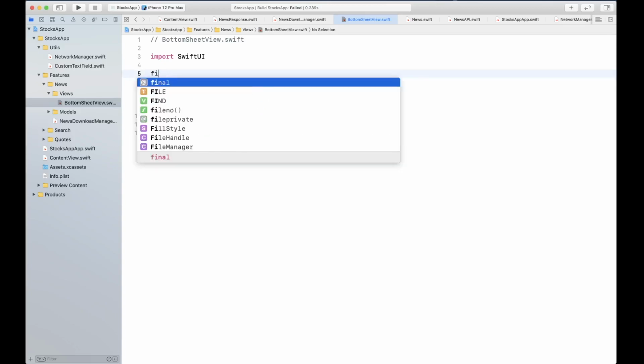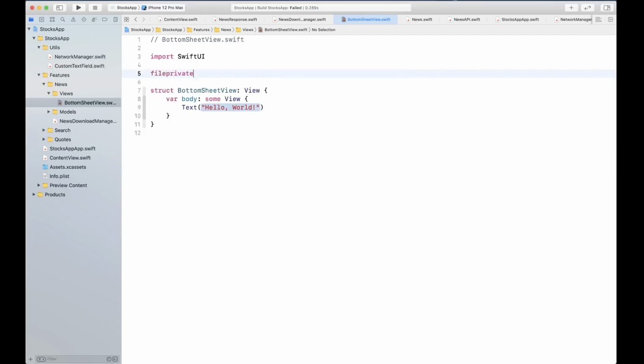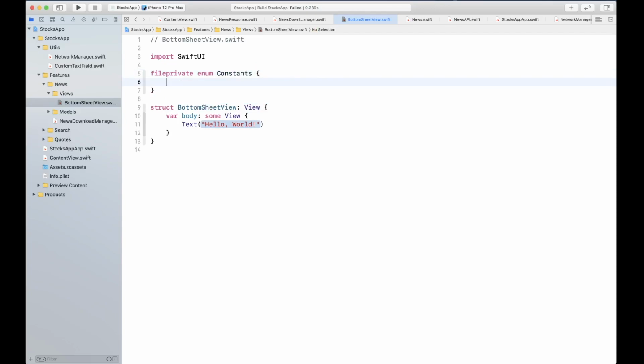So we're going to say fileprivate enum. We're going to need radius, and these are basically constants that we're going to need inside the bottom sheet view. So we're just going to define them here.